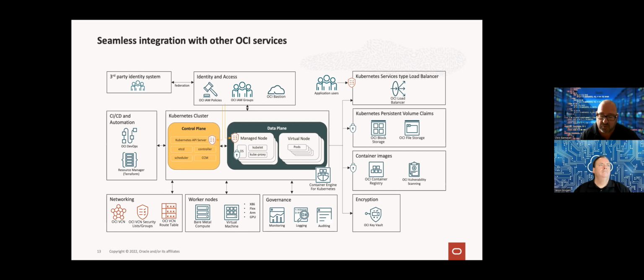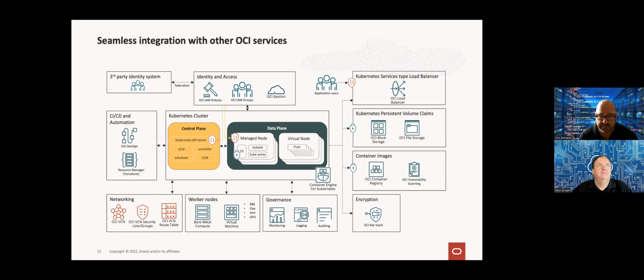We've got the encryption, all the governance in place, and the networking that is the foundation we run all our services on. We've got the CI/CD pipelines through DevOps, so you can automate the provisioning or modification of applications and the rolling out of code straight into Kubernetes. All the identity management is in place, and we can federate identity through third parties as well.